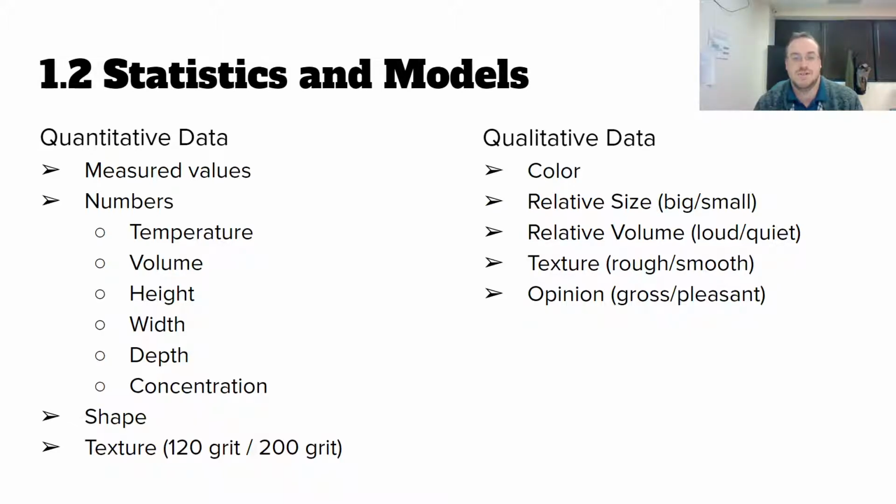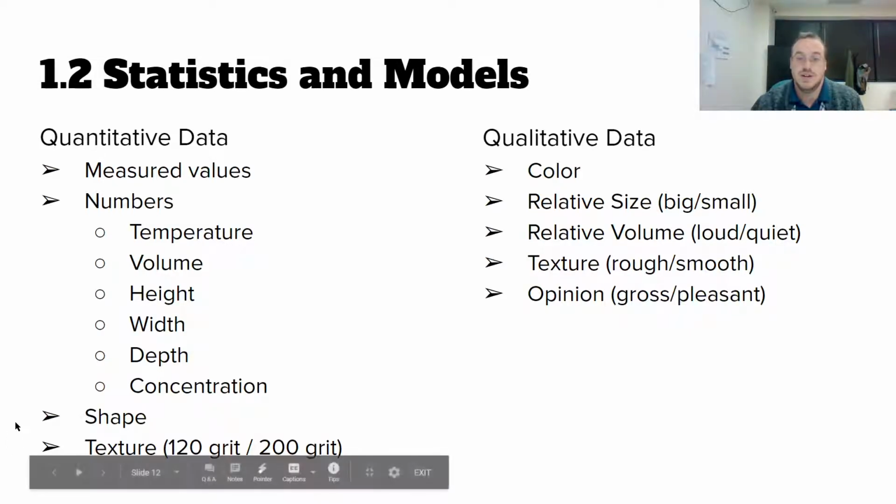of material. Qualitative data, on the other hand, is going to be something that's more of an opinion or relative. So color looks a little bit different to everybody. So your blue may not exactly look the same as something that I call blue. But if we measure the color with, say, a hexadecimal number or a hex value, or if we look at the frequency of light that color is, like, say, 550 nanometers for red light, whereas the blue light on my mouse is going to be closer to